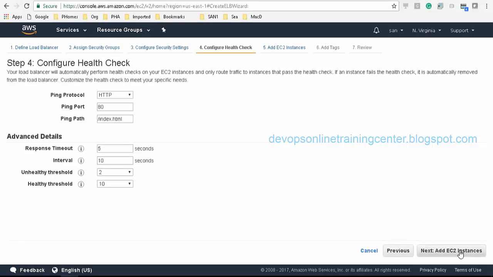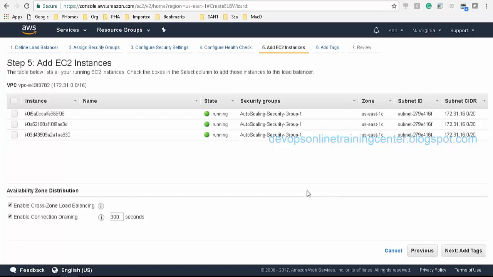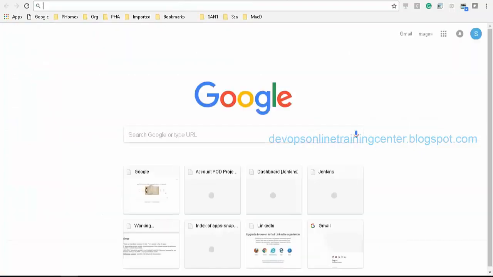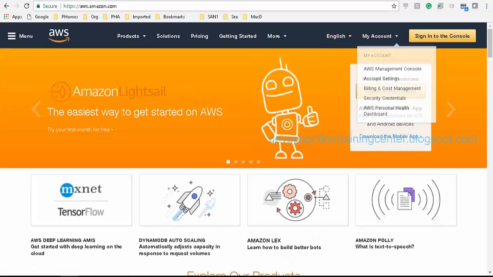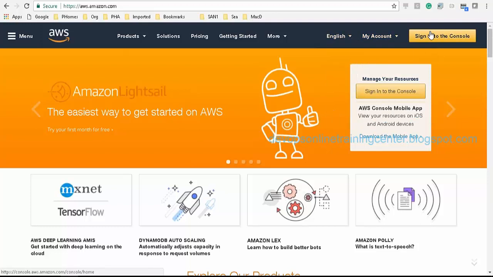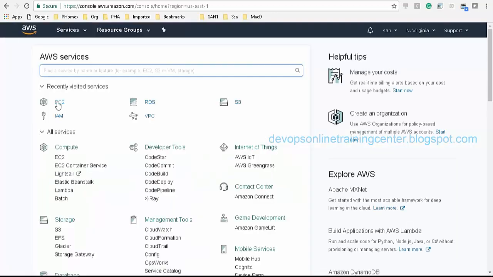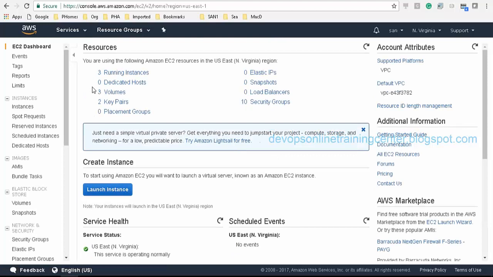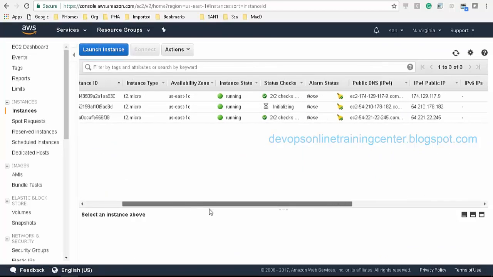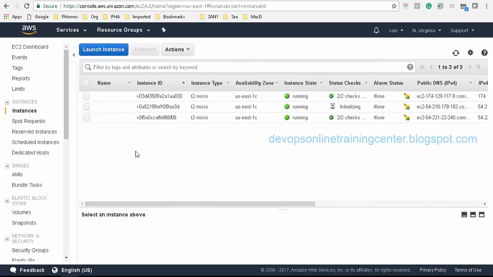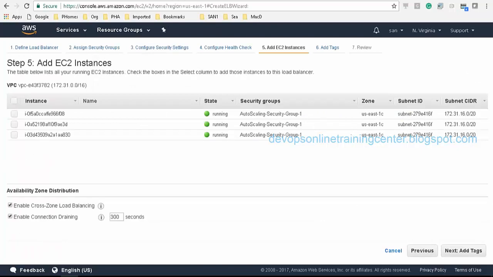Okay. So next we need to add the EC2 instances. I think we have some instances running. Let me see what the instances are. Okay, I have 3 running instances, and one is initializing right now.